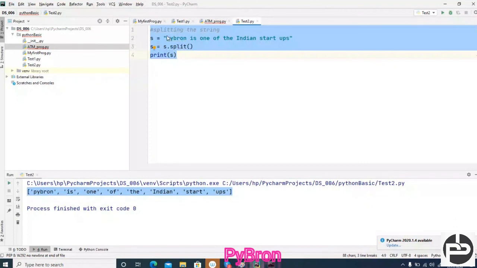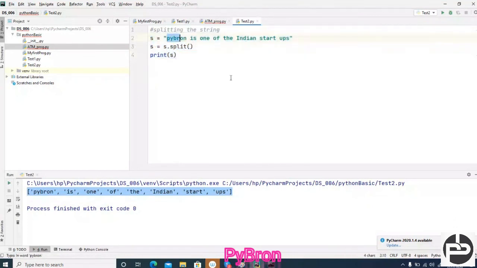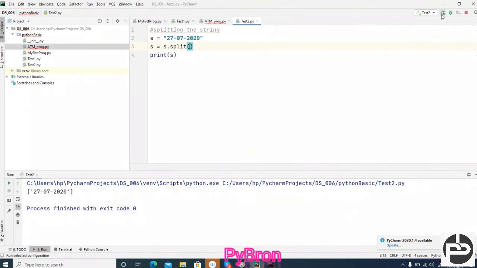Similarly, I'm going to copy and paste it. Suppose that instead of this sentence, you have today's date. What is the date today? I guess 27, right? 27/07/2020. And you want to split it. What output are we getting?